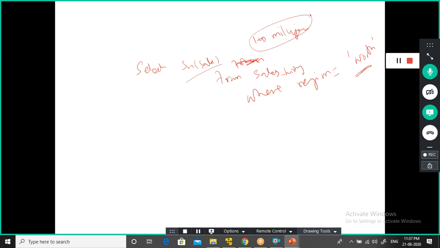In my table, I have 100 million records. If I fire this query, what will happen? This 100 million records consists of all the regions: north, east, west, south. If I fire this query, it has to run through these 100 million. It is kind of a full table scan. It goes and checks which records are related to north. Here index is also not possible. In the case of a data warehouse, there will not be any index. It has to do some kind of sequential scan. It takes a lot of time.